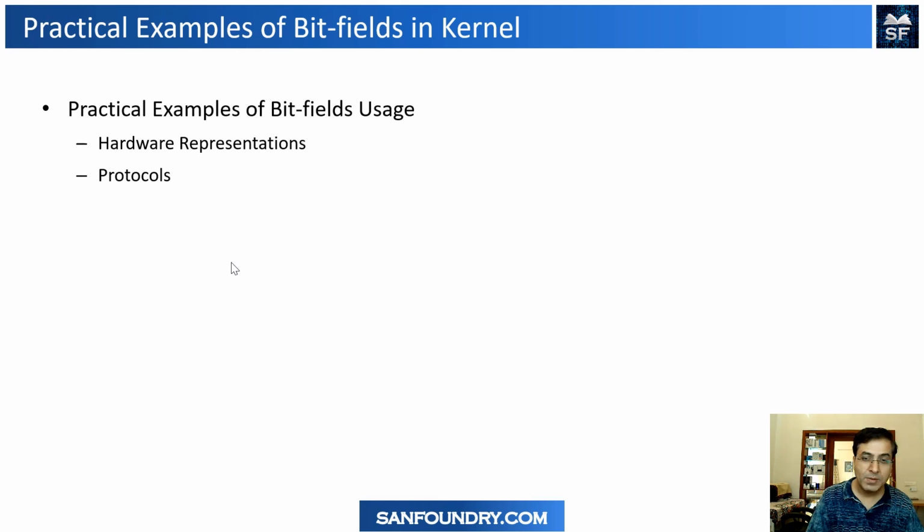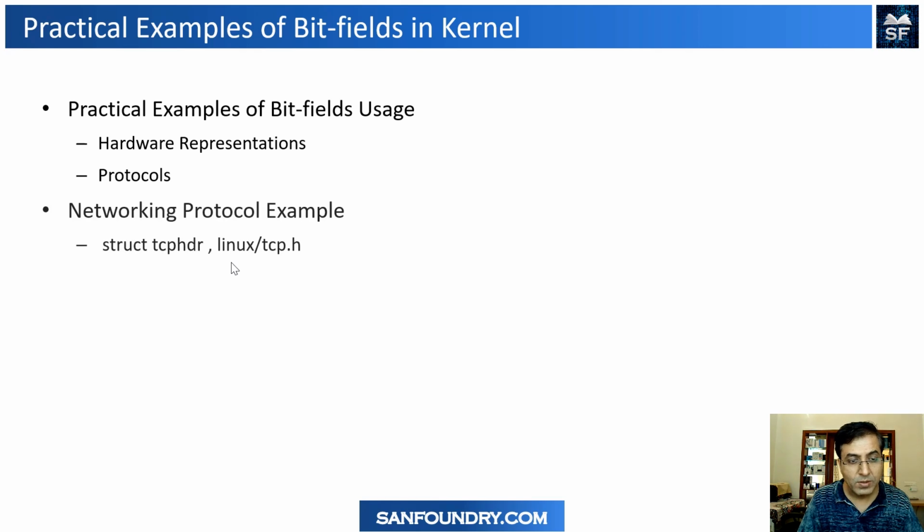Same thing is applicable for protocols. If you're working in networking protocols like TCP, IP, Ethernet, or storage protocols like SCSI, Fibre Channel, or bus protocols like PCI, so many are there. If the protocols break things down in terms of bytes, and then bytes in terms of bits, then we have to follow the bit fields, and that's where the C language comes to our rescue. So I'll give you an example about the TCP header. It is easy to understand for a lot of people because people understand networking, some elementary requirement.